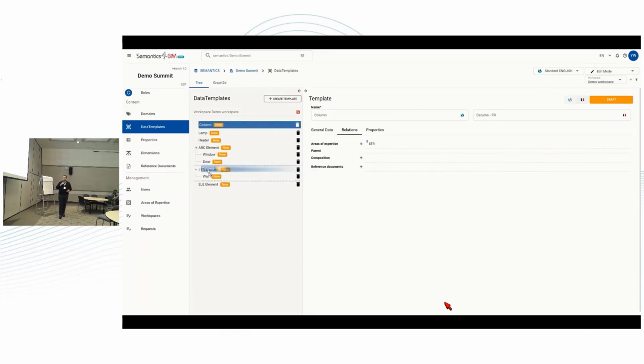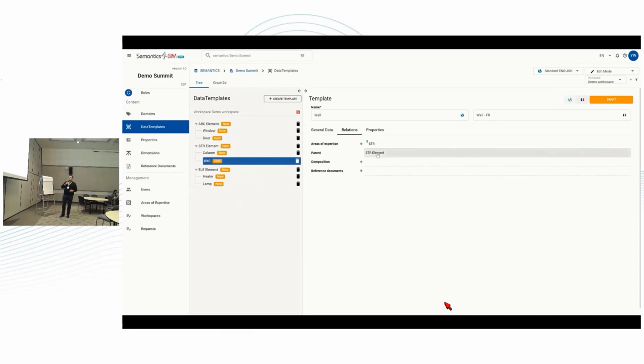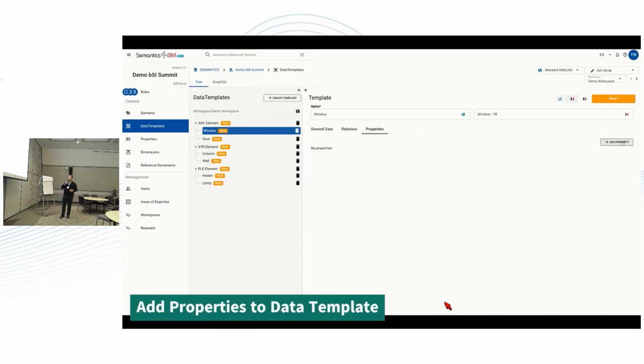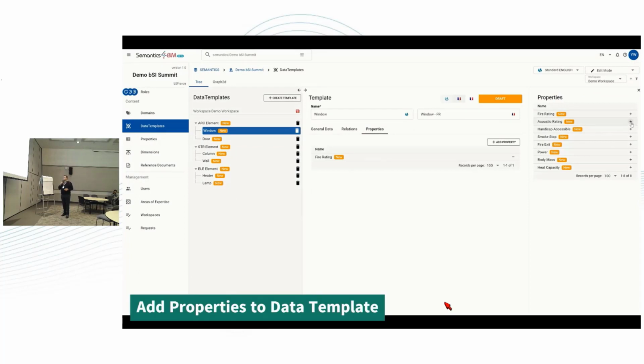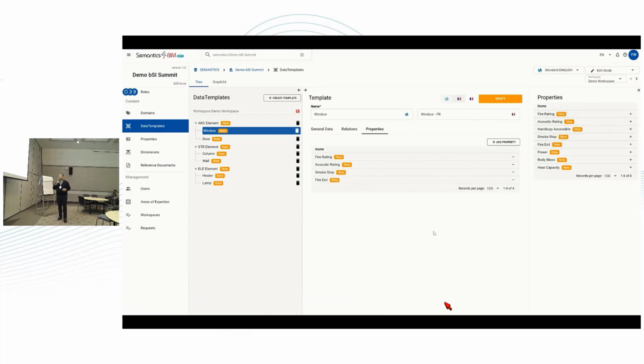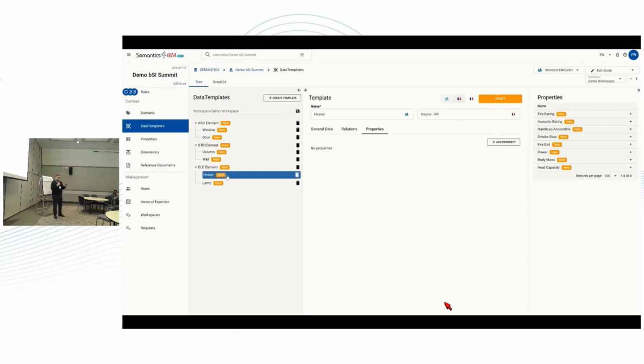So I'm organizing my classification, my objects, and my data templates, actually, just by drag and drop in the view. I'm adding properties to the object to define data templates. What I want to show you with this demonstration is that all of the workflow necessary to be compliant with the ISO standards, with the interaction, with the validation by experts, are implemented in this tool,